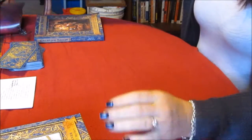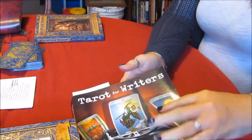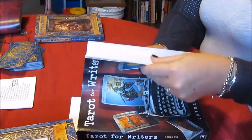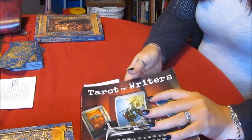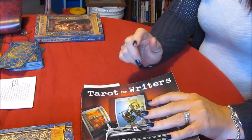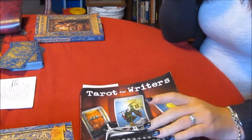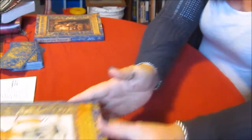Okay, so I wanted to talk a little bit. I did get the Tarot for Writers quite a while back when I first finished most of the outlining through Arwen Lynch's e-course. This is really good. I'm still using parts of Arwen's course, and I am adding parts of this in with it. I also recently purchased